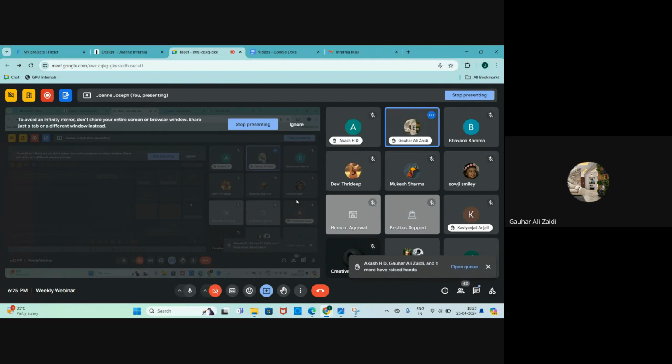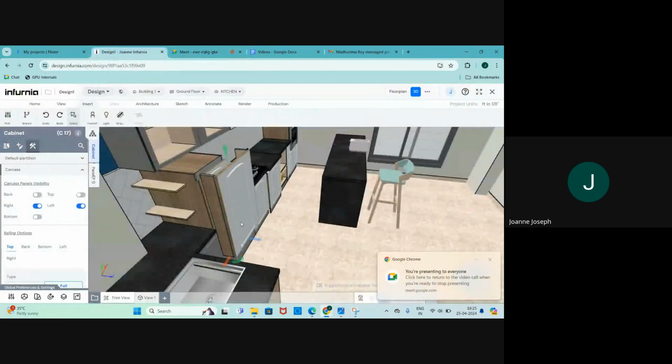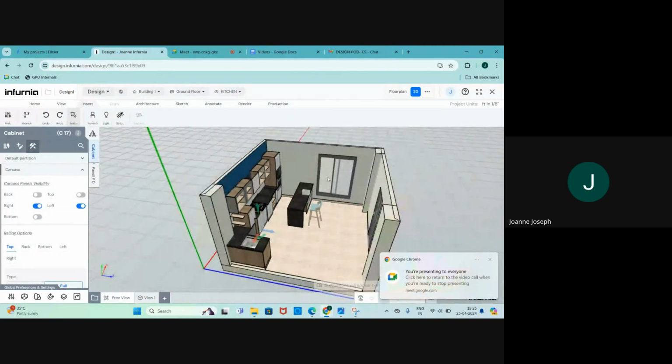Ma'am, can you explain again how to hide the walls and cabinets, one or two cabinets or one wall? Yes. Now, whether it's a cabinet or a wall, any kind of object,